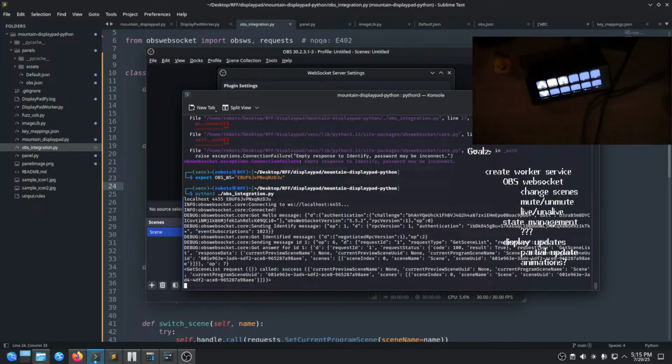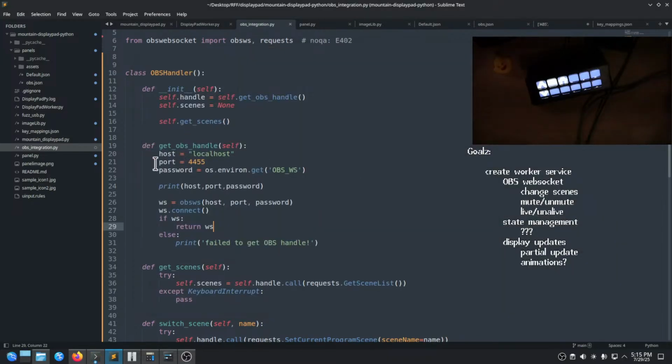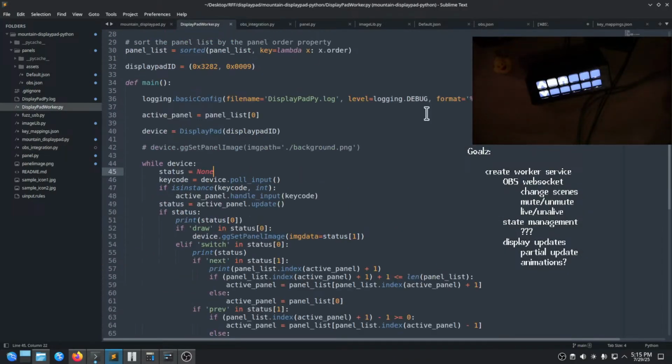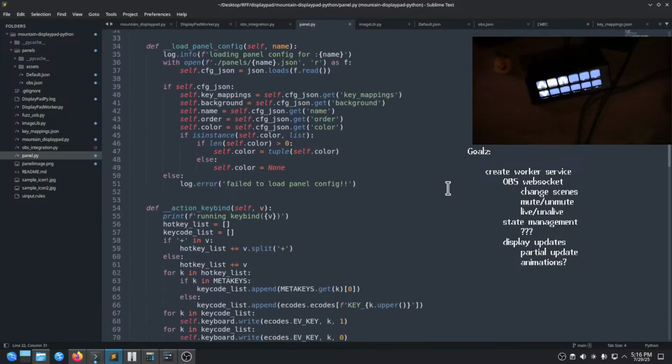So now we've got our OBS scenes. We can spit those out. All right, cool. So that's hooked up. Now what we'll need to do is go through and finish filling out this stuff. And then over in our display pad worker, or sorry, our panel, we can have a